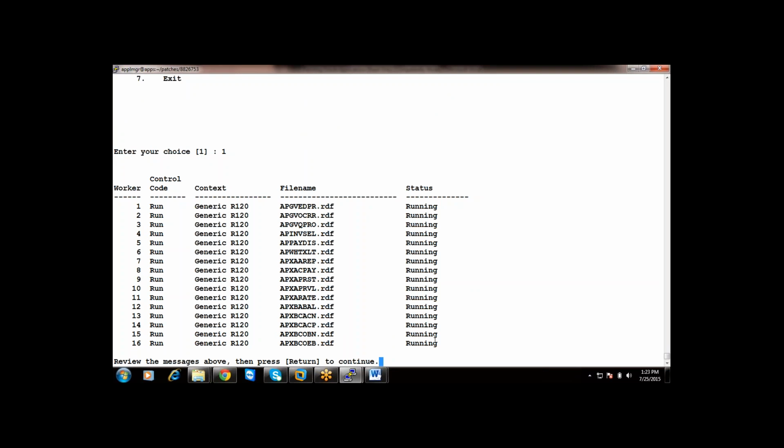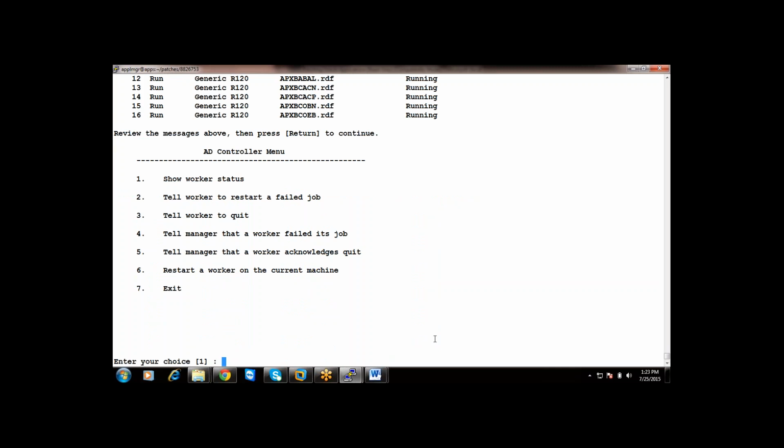There are a couple of things you can do with the help of ADCTRL. If you want to show worker status, select option 1. If you want to tell a worker to restart a failed job, let us assume one worker got failed, you can tell the worker by option 2.